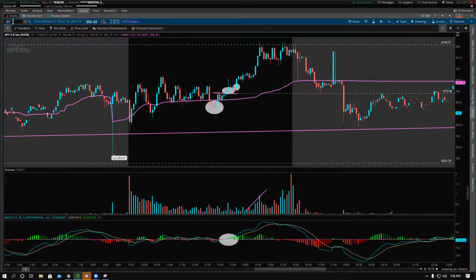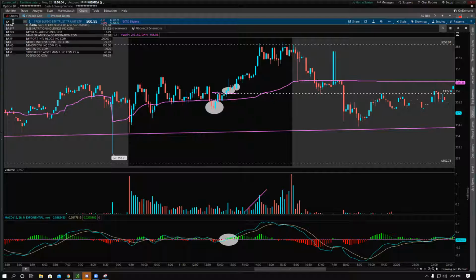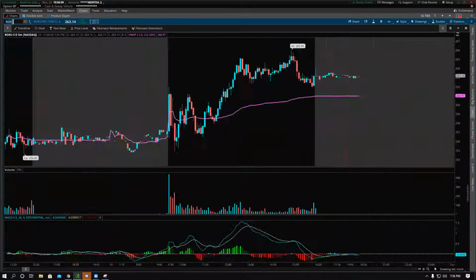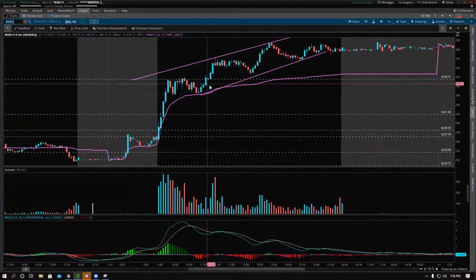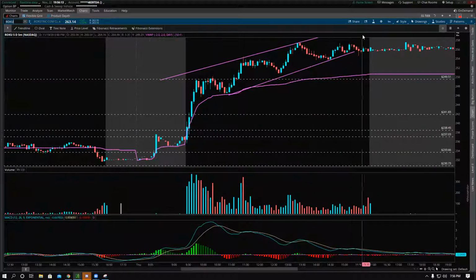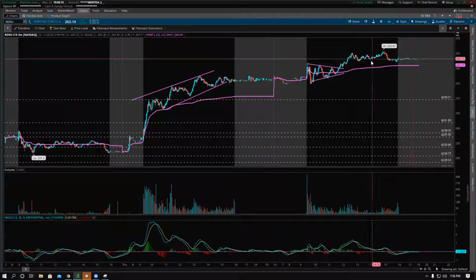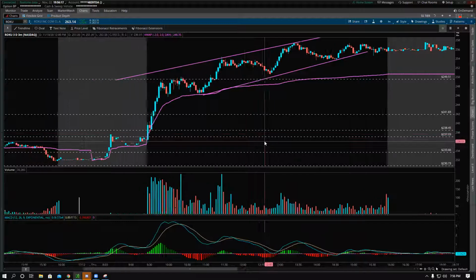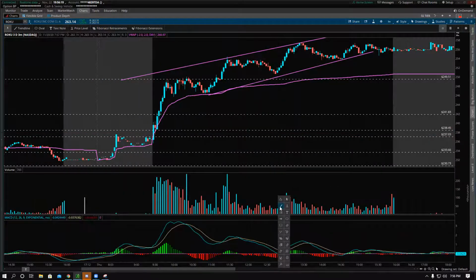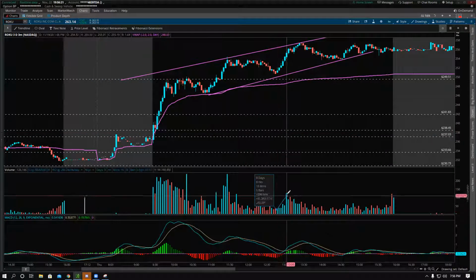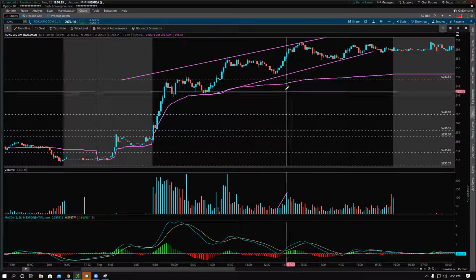Let's go a little bit more into volume. Volume is the number of shares that are being traded in a session. When I say session, I'm talking about the length of the candle. So if you're looking at a 15-minute chart, then your session is 15 minutes. On this chart, we're looking at Roku, and these are 3-minute candles, which means that each of these candles represents 3 minutes in time. So if you guys are looking at the volume here,